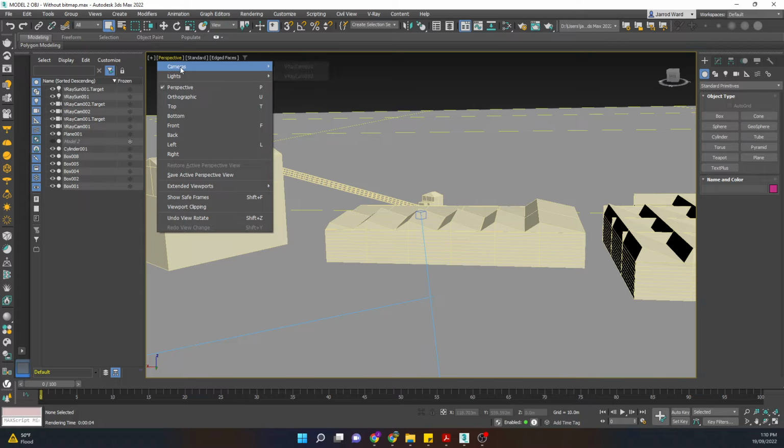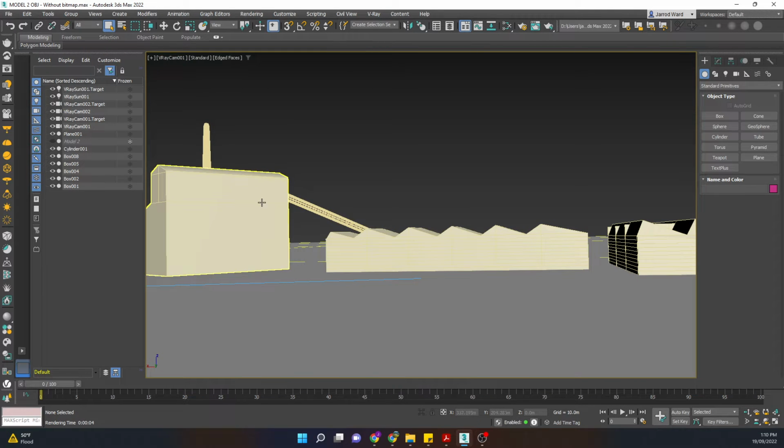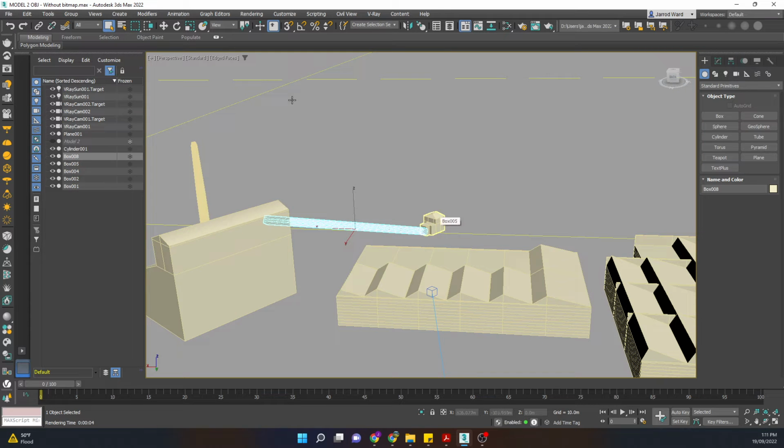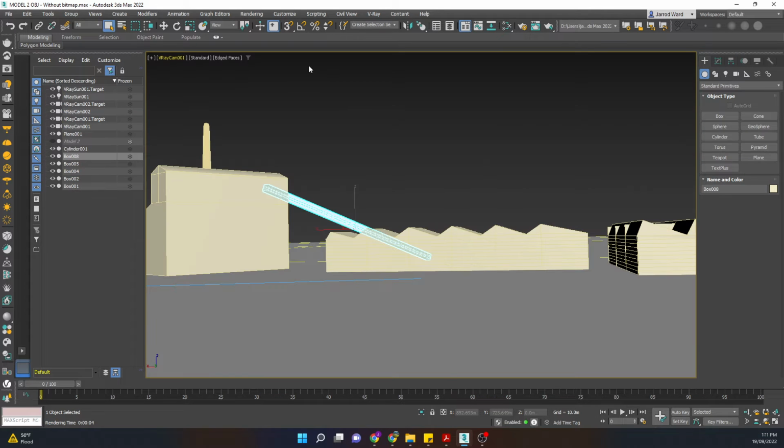For example, if I go to camera 1 here, we can see from this particular camera angle what geometry is going to be seen. Whereas this building over the back, there's no point including that in the render because it's just going to take up unnecessary computing power. So in order to isolate those things that we want, I'm going to hold down Control